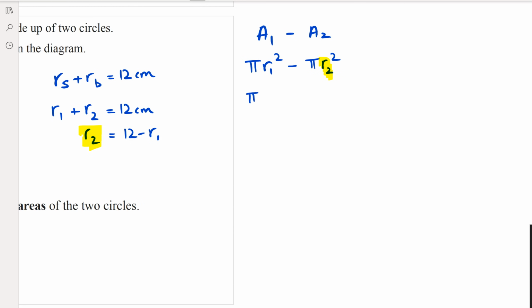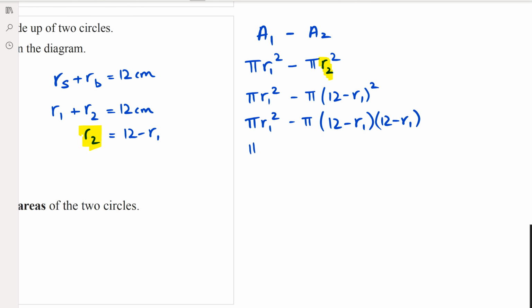So I'm going to end up with pi r1 squared minus pi (12 minus r1 squared). Okay. Now, if you are feeling uncomfortable with the r1s, you can just use r as is, if it makes it easy for you, but you're still going to end up with the same answer anyway. So I've got pi r1 squared minus pi times (12 minus r1) times (12 minus r1). So when I do this,